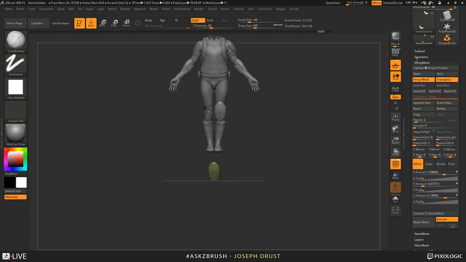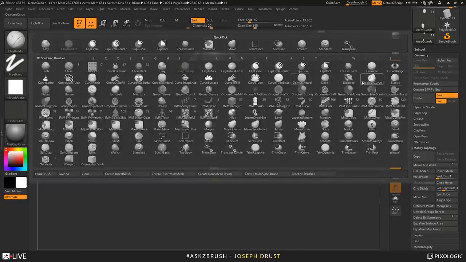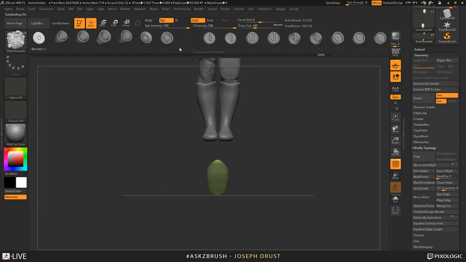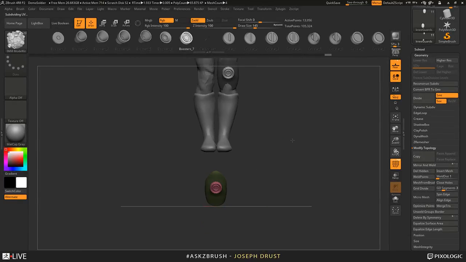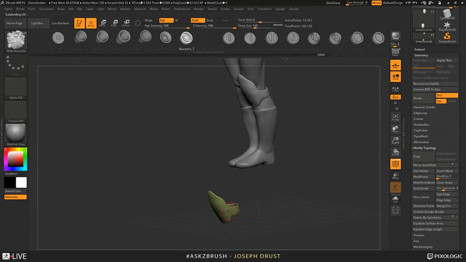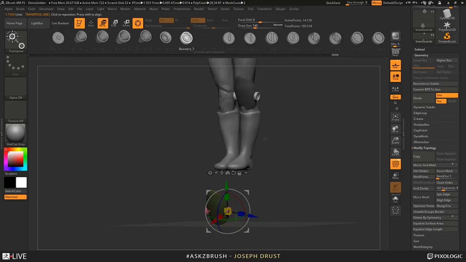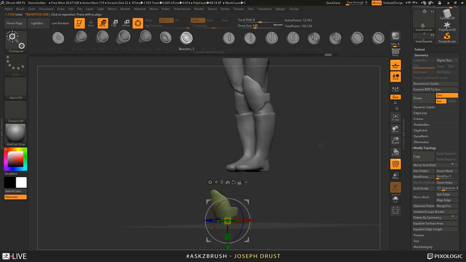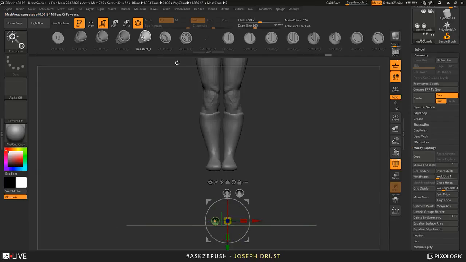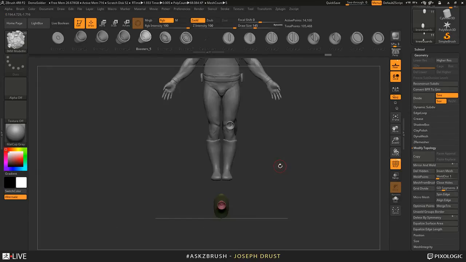And this will work with anything too, so as long as I don't have subdivisions on this, I can even come in and add, say, some insert mesh parts on this, and add this here, and you can see it's still going to update on that mesh there. So if I want to add maybe some bolts to the side of that, move these around a little bit with my gizmo here, and you'll see it's going to update on that other mesh there. So a handy little process there. And that's just using the array mesh